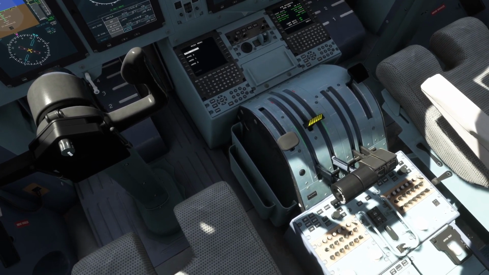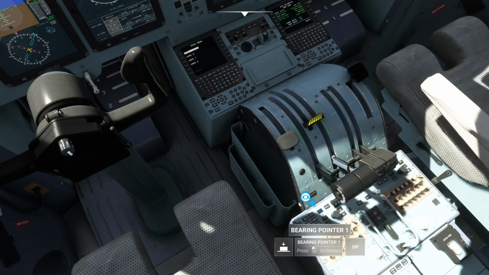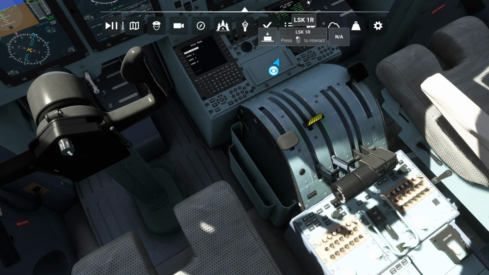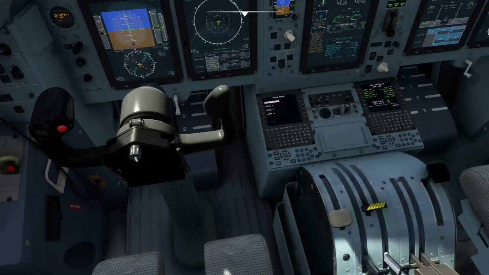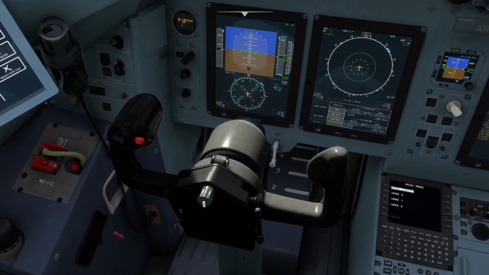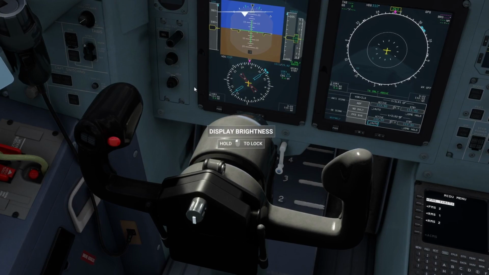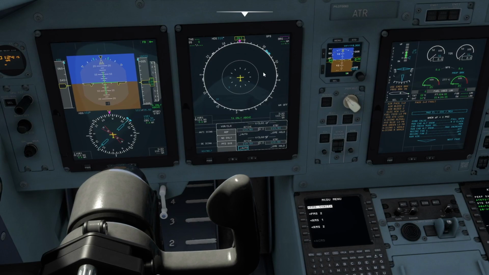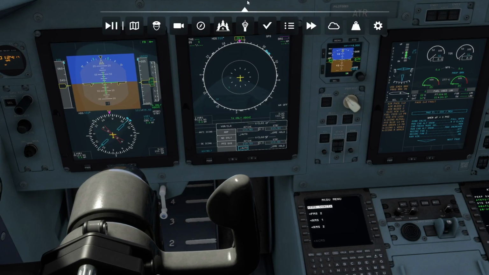Now let's go down here to our bearing pointer 1 and 2. I'm going to turn those on. That's for our VOR. Okay, so after we do that, we will see right here our VOR pop up. It'll also give us our DME as well. So very helpful. Keep that up right there. Okay, then let me remember. From that point there,